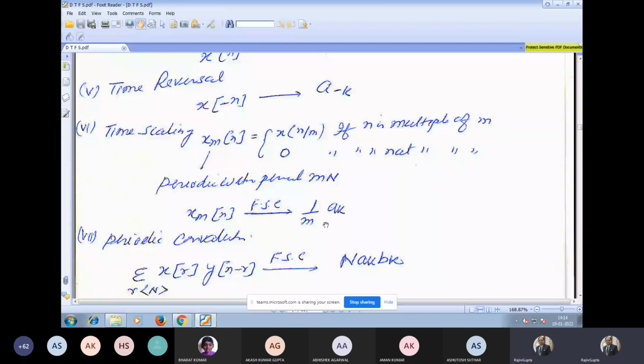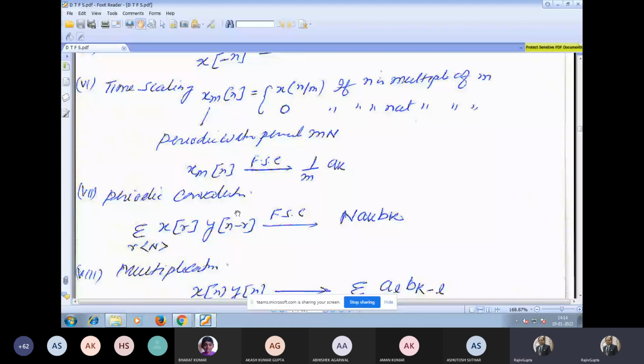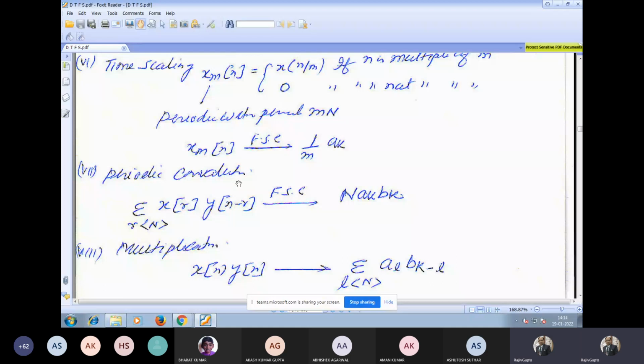Now similar to the continuous time Fourier series, we have a periodic convolution. If you convolve these two signals x[n] and y[n], so we have, let's say, the summation over r indexing of N of x[r] y[n minus r], then your Fourier series coefficient becomes capital N a_k b_k. This property you will also use in LTI systems when you apply x of n, h of